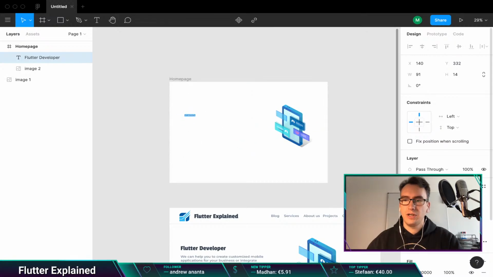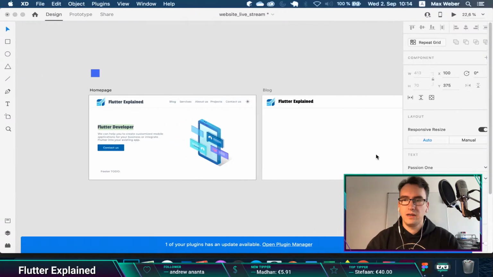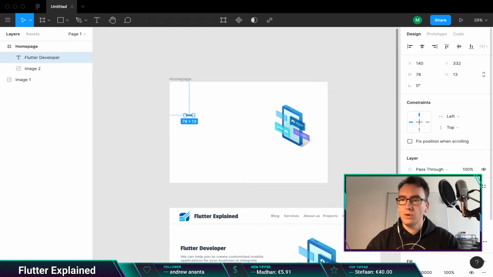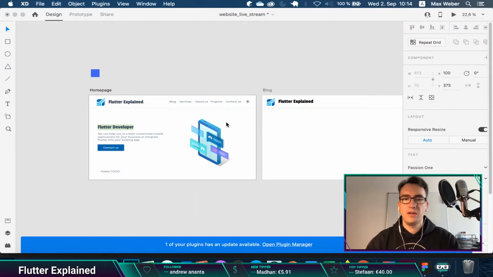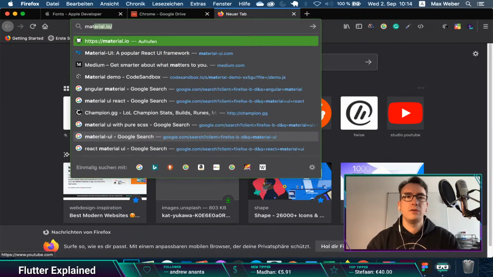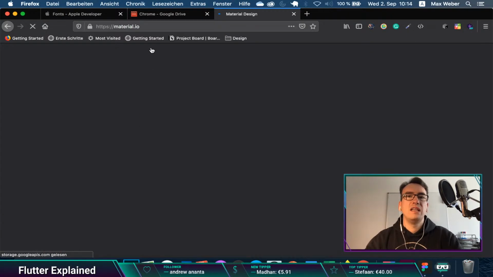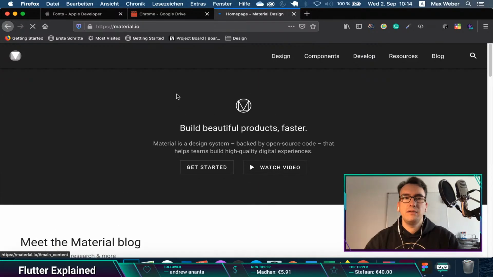And I think we have to change all the parts here. So nothing of that will be correct. I think we have here Passion 1. The font size is 64. Or better, let's check Material.io. Because what I would like to do is today, I would also align a little bit on the real design